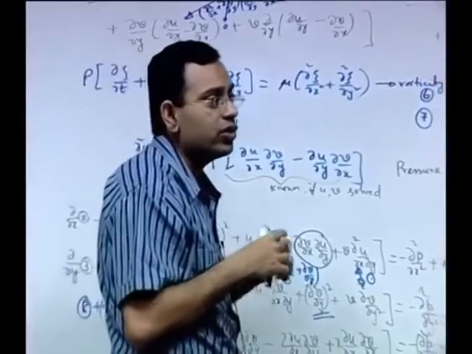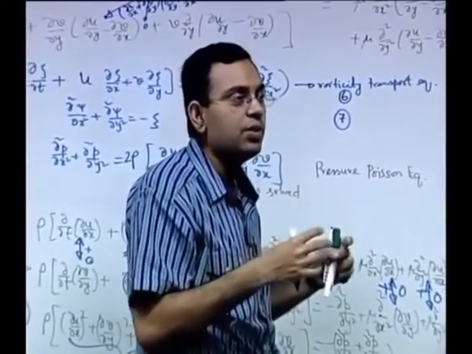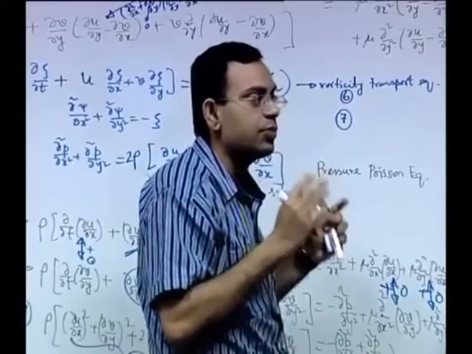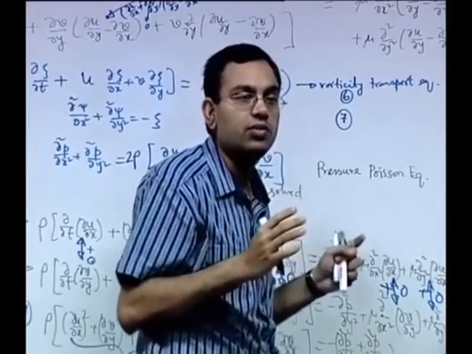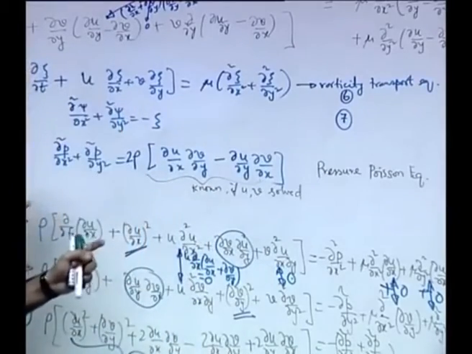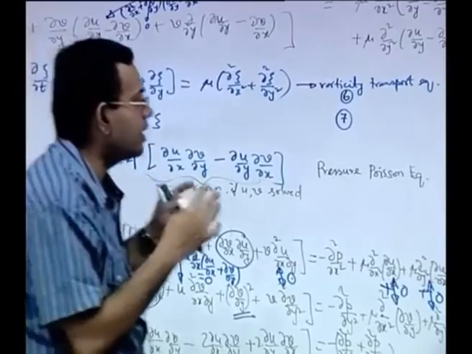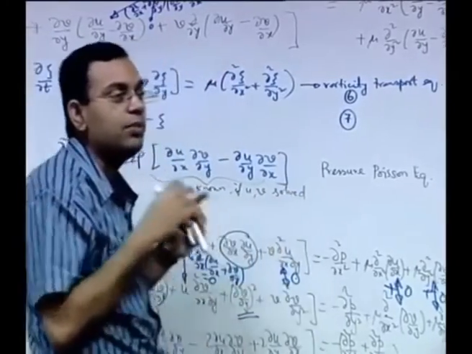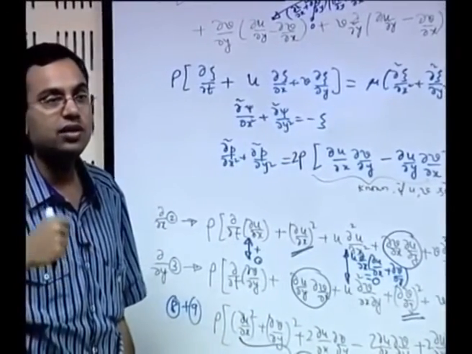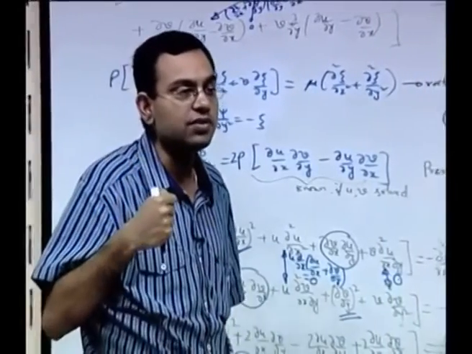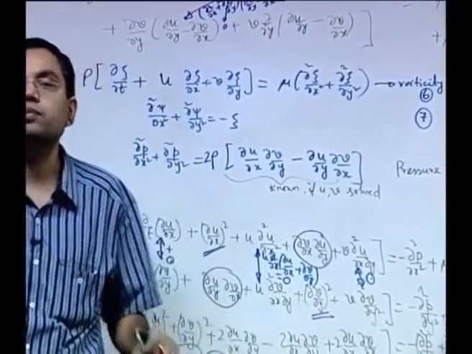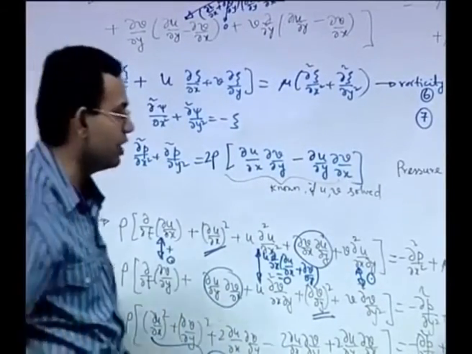So, if we want to have a method which is generally applicable to a 3-dimensional problem, we should try to address the problem of keeping the pressure as it is in the governing equation. So, if there is a headache, try to go for a good medicine rather than cutting the head altogether, and that is what we will try to attempt, and that attempt is known as a primitive variable based solution approach. That is, you are trying to go for a solution based on the velocity and pressure by themselves without eliminating pressure, directly going for solution of velocity and pressure from the governing equations. So, that we will do next.